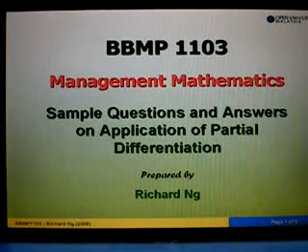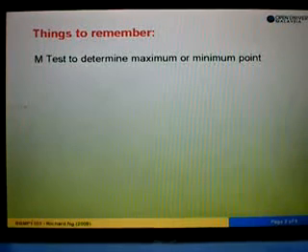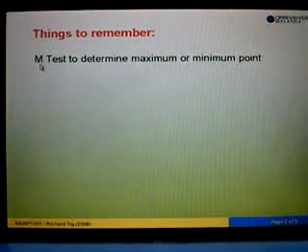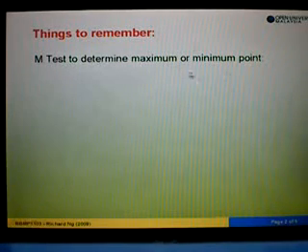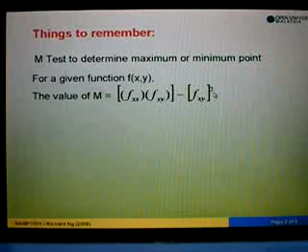Okay, in this video, I'm going to show you questions and answers related to application of partial differentiation, in particular, to find the maximum or minimum of a critical point. So here we need to do what we call the M test to determine maximum or minimum. So the formula for M is given by the function f(xx) times function f(yy) minus f(xy) to the power of